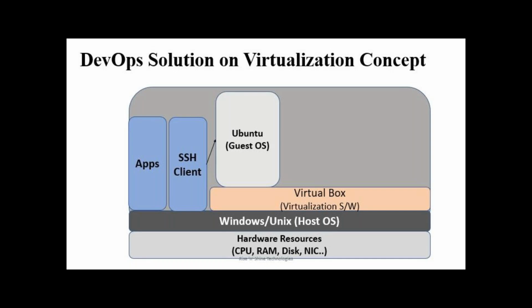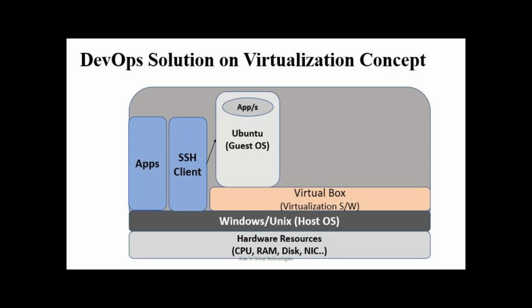Why do we need to know this Linux system? Yes, in the live environment, all the applications are using a Linux based operating system. Finally, why do we go for Ubuntu or CentOS is to host our applications. Whatever the client's Java application or Python application, or the .NET mostly which we use on Windows servers, all other technologies use Linux based operating systems. To host such applications, we need to have the OS.